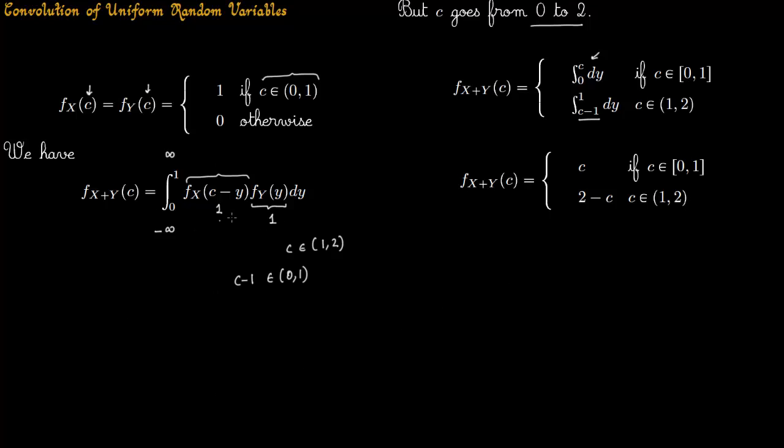So again, the entire trick here in this case was just to play with these limits, because both these density functions are just 1. And notice that when we started, c lies between 0 and 1, but obviously we are talking about x plus y now. So c could go from 0 to